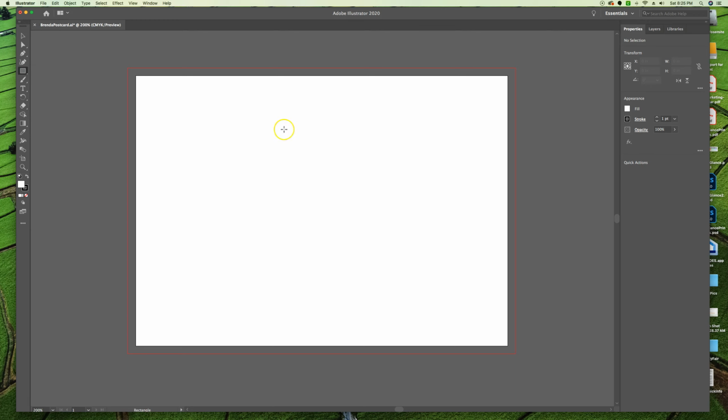So grab your rectangle tool and bring your cursor over into the artboard, and we're just going to press and drag a taller, skinny rectangle, and it doesn't matter what size. So we're going to hold down our mouse and drag. And notice as we're drawing, we have a gray tooltip bar that is telling us how big it is. And every now and then we see some magenta lines show up. Those are our smart guides. It can tell us when we're at the center point or when we're lined up with other elements on the page. So just draw out a rectangle,